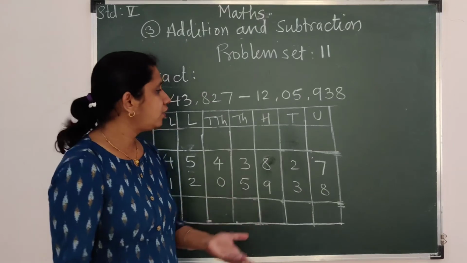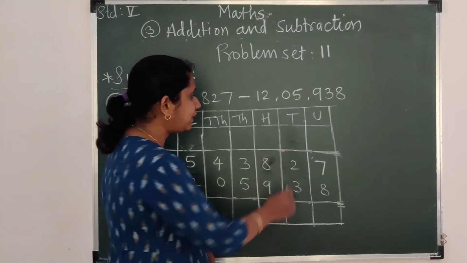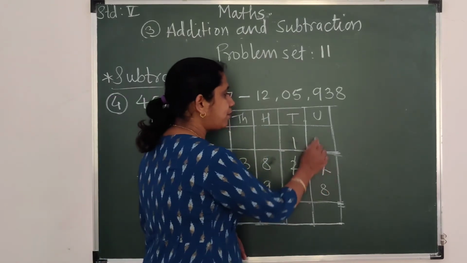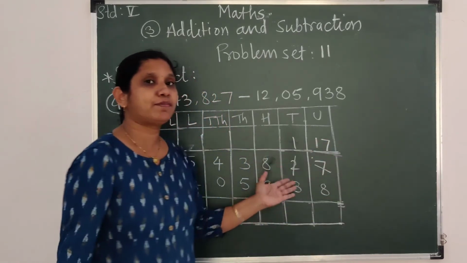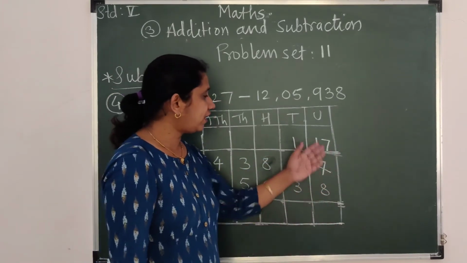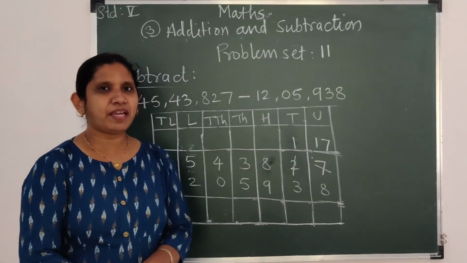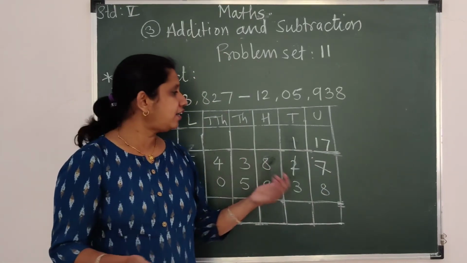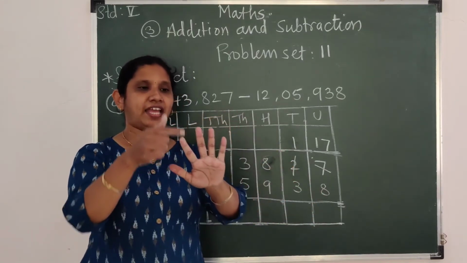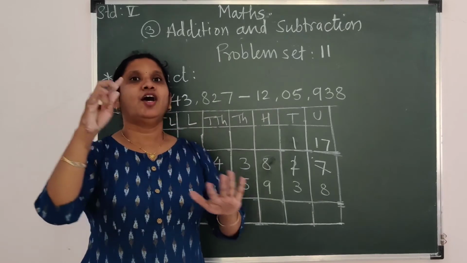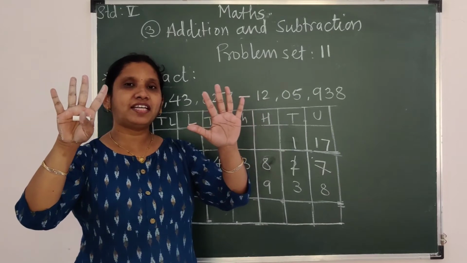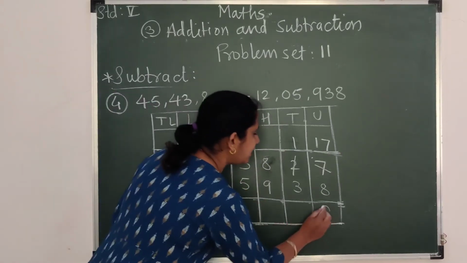Is it possible? No. We have to borrow from the tens place. Cancel 2. What will remain? 2 minus 1, 1. This number becomes 17. When we are borrowing, it means we are borrowing 10. 10 plus that number, so that is 17. Now 17 minus 8. Quite a big number, but do not worry. Start counting the numbers. What is the next number after 8? 9, 10, 11, 12, 13, 14, 15, 16 and 17. So, how many fingers are these? 9 fingers. So, our answer is here 9.